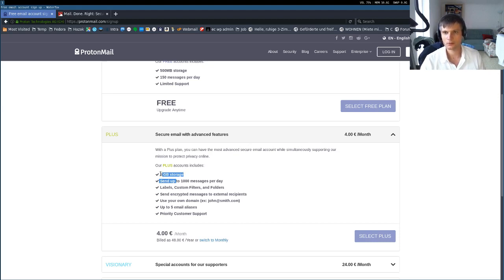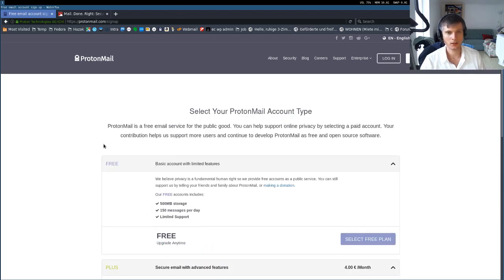ProtonMail is very good, but my problem with ProtonMail is that they don't have calendar and contact synchronization, and you cannot just use it with K9 Mail on your phone, and you cannot just use it with Evolution or whatever email client on your desktop because of encryption. They have a bridge for Windows, Linux, and I'm sure for Mac OS also. Because with it, you can use ProtonMail on your desktop, for example on Linux with Evolution or